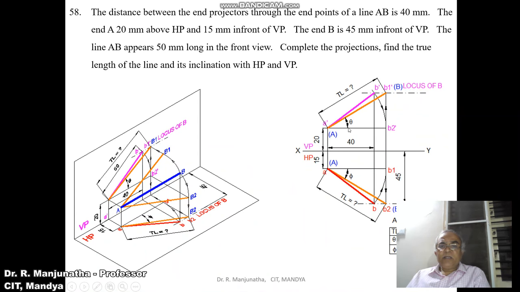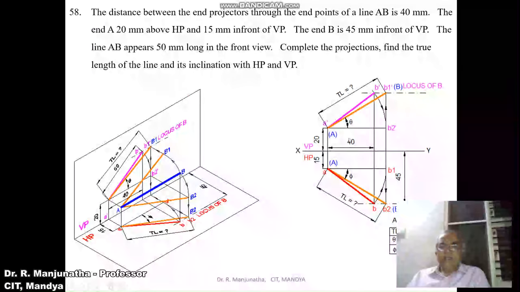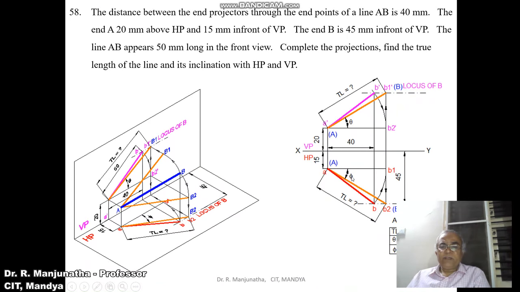Then you measure the inclination with respect to HP, which is theta, and with respect to VP, which is phi. Then by using the protractor with respect to the horizontal line, you measure an angle with respect to the XY line, with respect to A dash B2 dash, and you mark this angle as theta. And then you measure that angle, which is going to be 31 degrees.